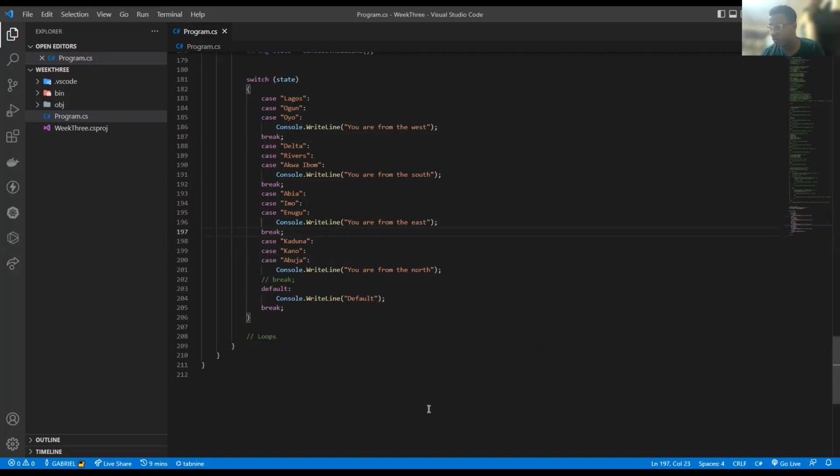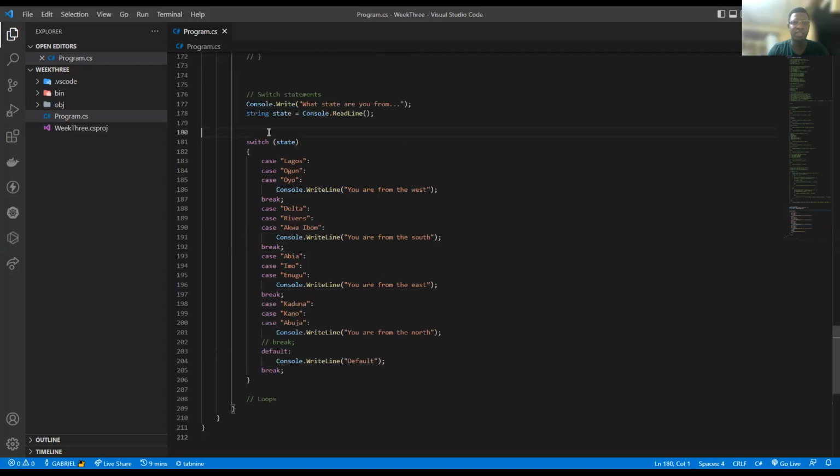Then let's see what else. So there's also something called pattern matching, I think. Yeah, there's something called pattern matching. So pattern matching is a scenario where you are not looking for an exact